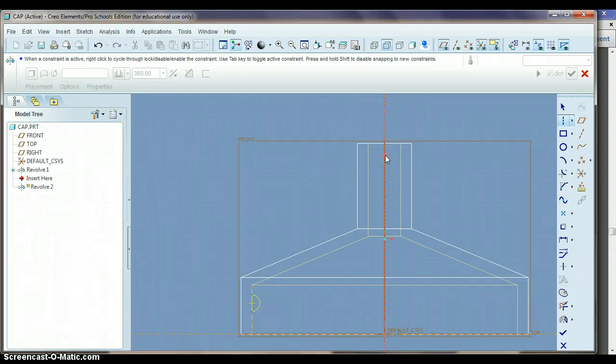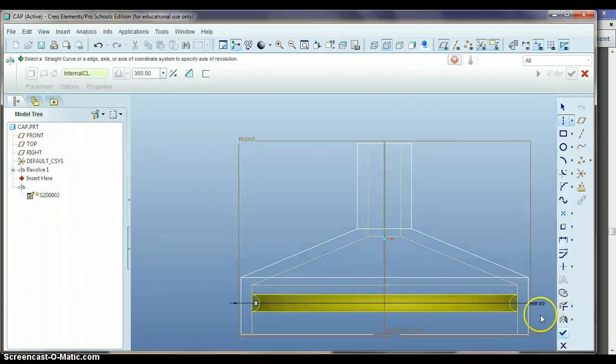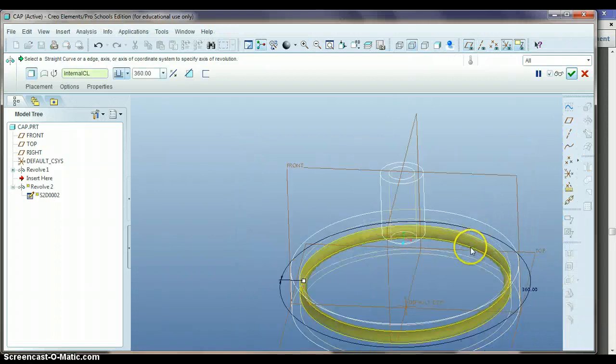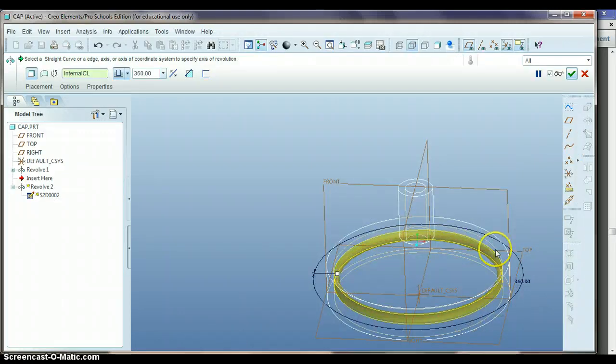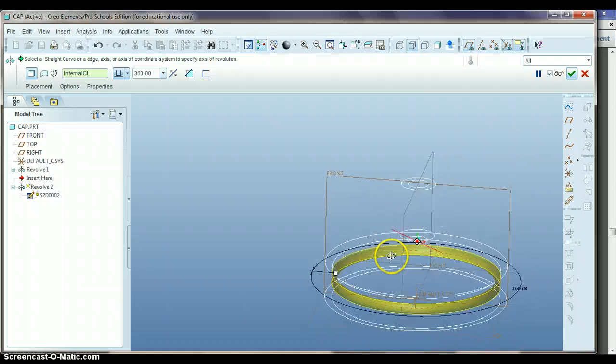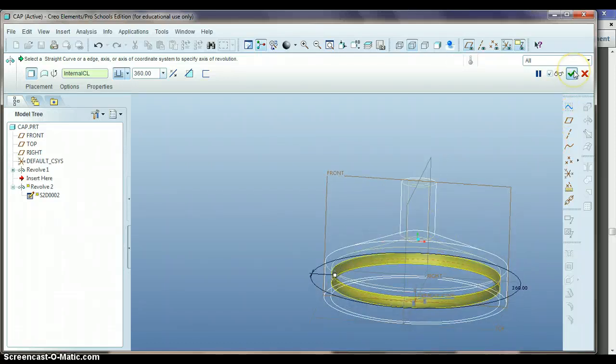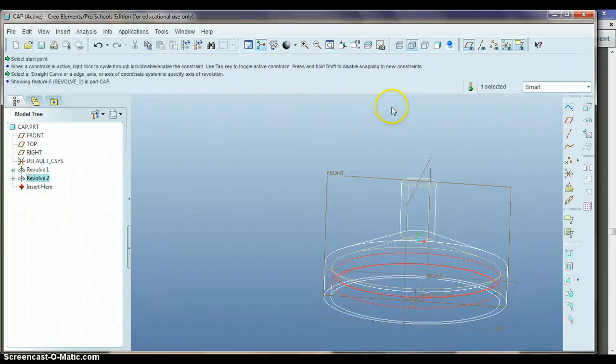Alright, everything else is complete, so we're going to hit the blue check mark for done. And you can see that because we have the wire frame still on, this revolve that we have here shows up as a yellow line, and looks like we got that. So I'm going to hit the green check mark and complete that, and I'm going to turn back on the solid shading,